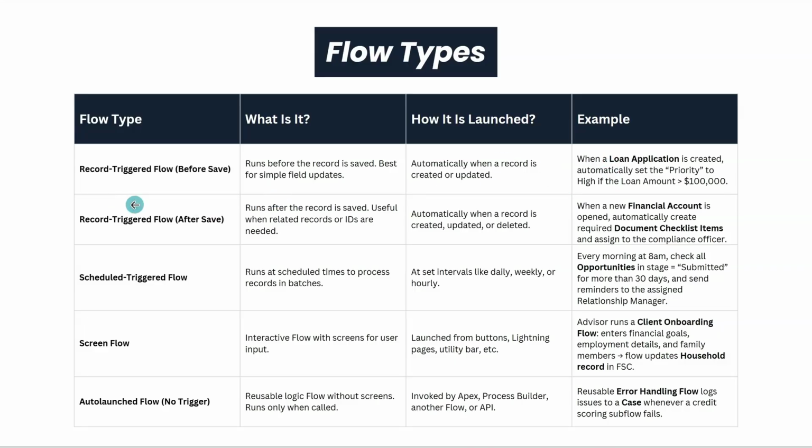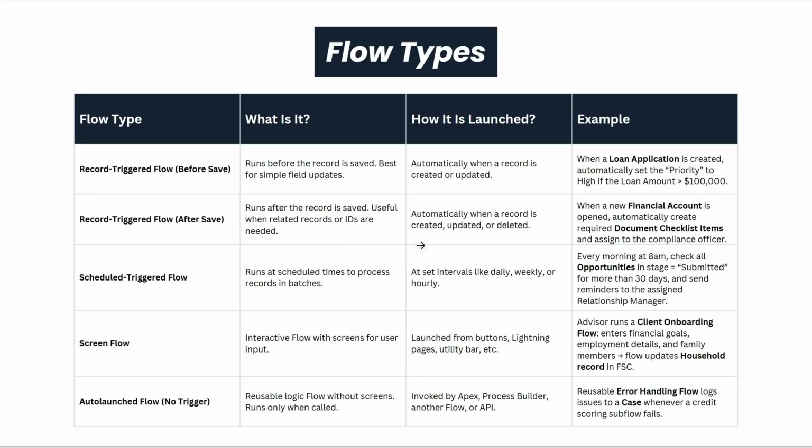Next, we have record-triggered after save flows. Unlike the before save flow, after save flows run after the record is saved to the database, which is useful when you want to create or update related records, send emails, or perform actions that require a record ID. Just like the before save flows, after save flows are automatically launched after the record is triggered by whatever entry